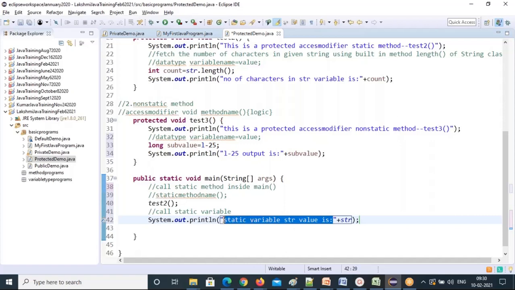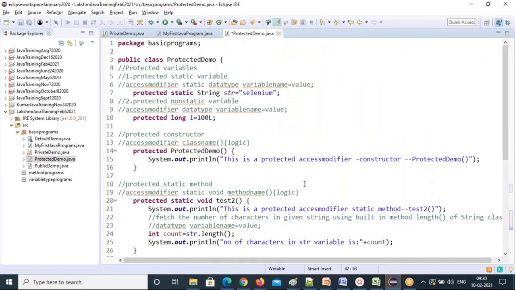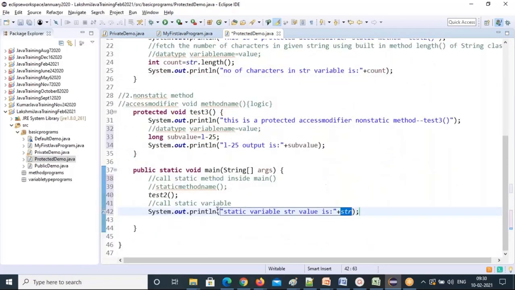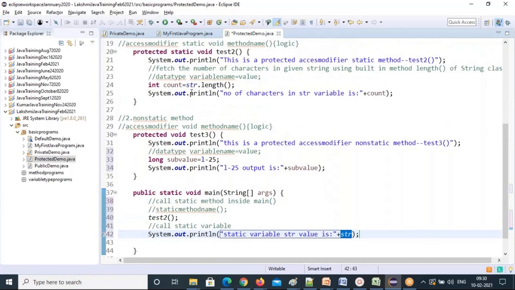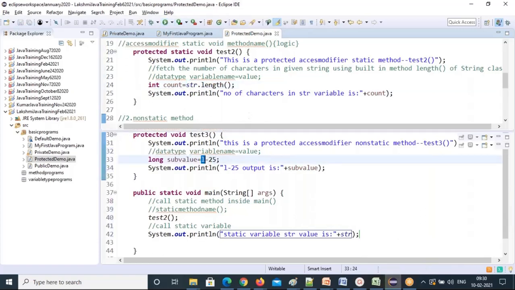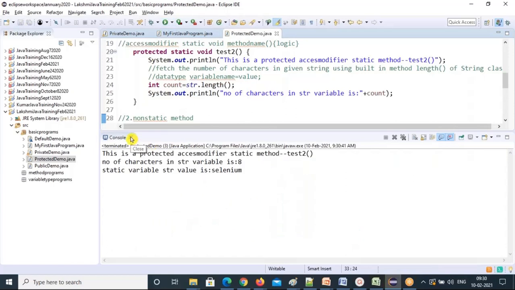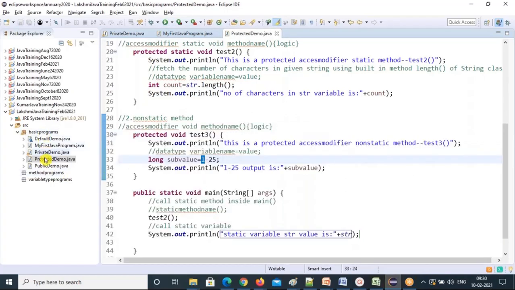This string will join with the str value. What is the str value? Selenium. Selenium will join with this string. That's how to call one class's static variable in another method of the same class. Here also you call it the same way, right? Just directly call the static variable, and a non-static variable you can call directly. So in the same class you can use it; in another class in the same package you can use it too, right? That's what I told you.